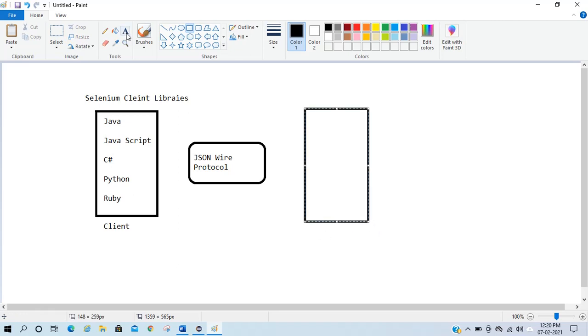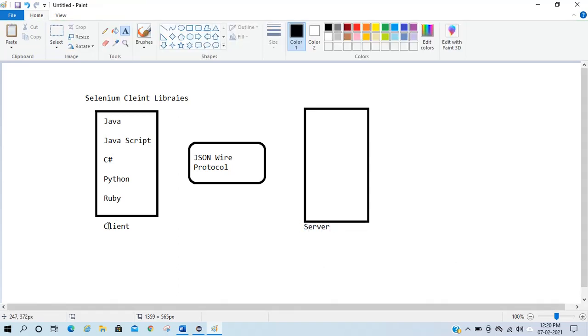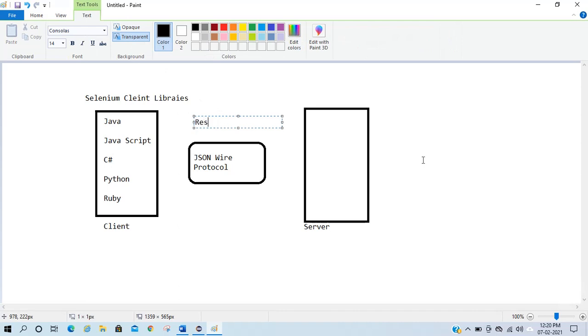When the communication happened between client and server, it happened in the form of HTTP request and response through JSON wire protocol. It is as simple as that.